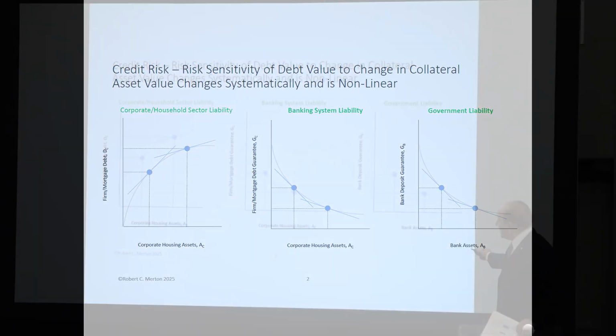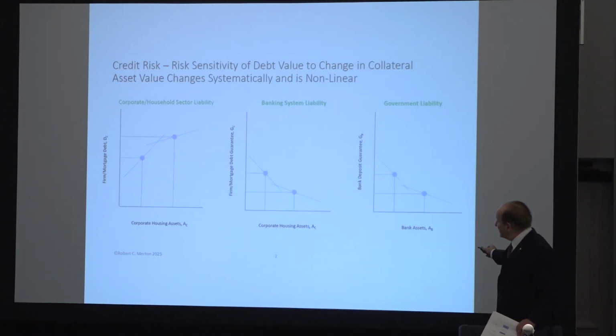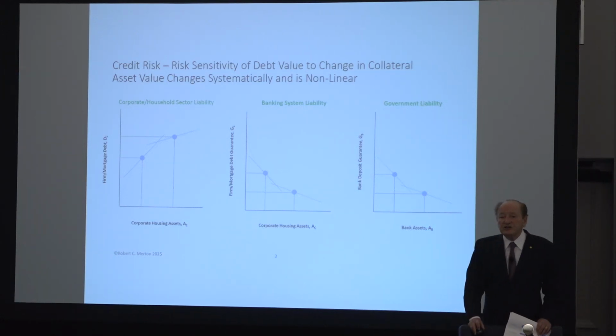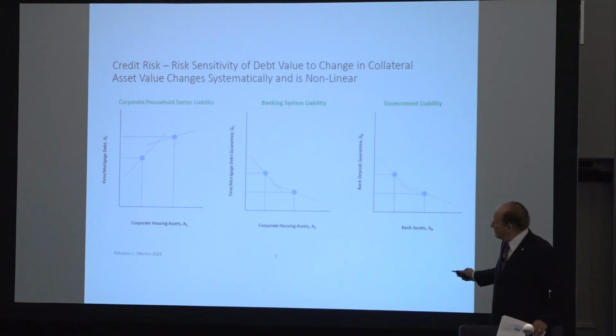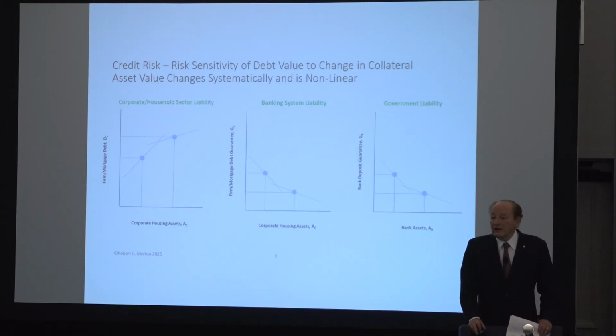And for put options, the curve looks like this. So you're here, and the value of the guarantee is here, but how much does the value of the guarantee change? How much risk is there in the guarantee? The risk is being driven by the underlying assets, but how much? Well, you look for a small move, and you get the slope of that line, that tangent to that curve.